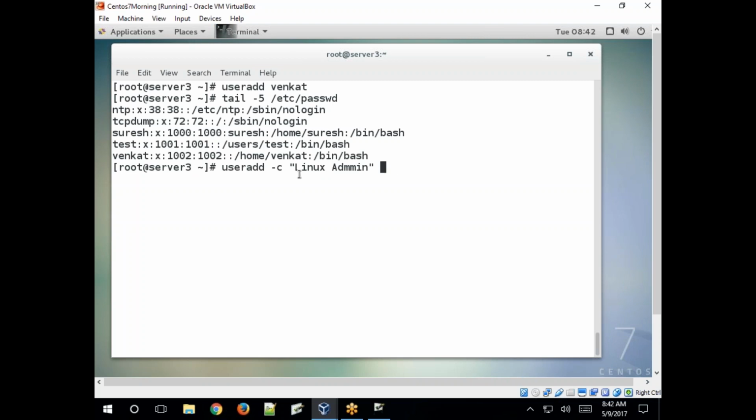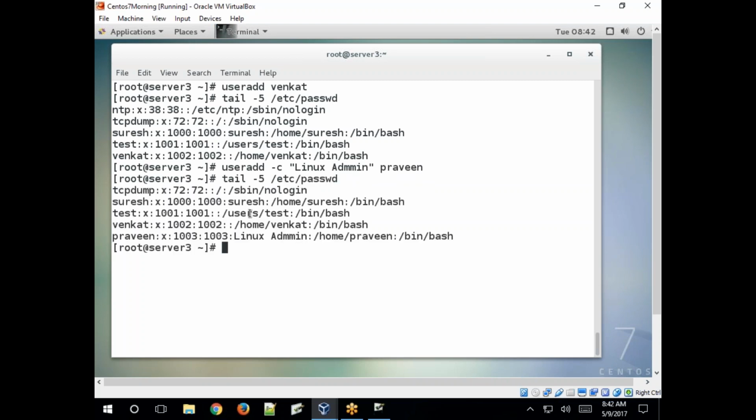See, just simply create Praveen. Okay, see, added, right? In the comment field, the additional information is updated. Praveen, see, the home directory, and this is the bin directory. Got it?